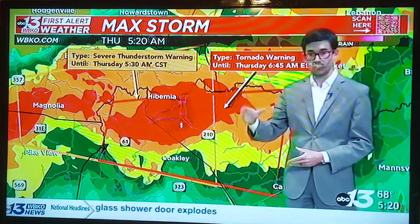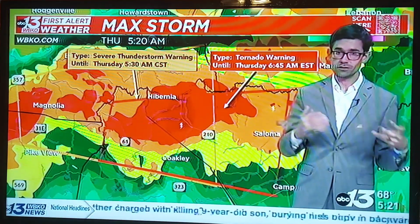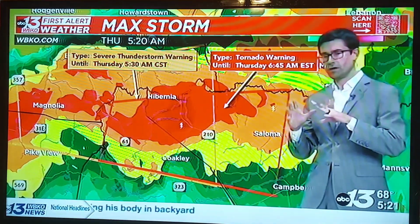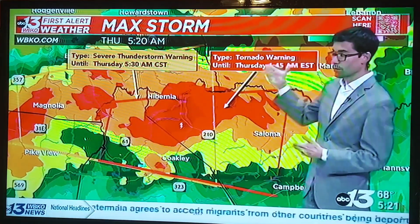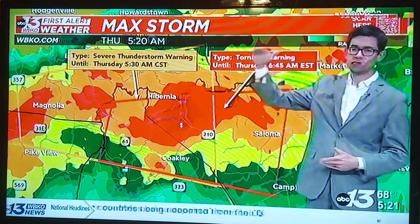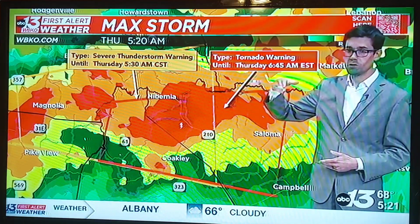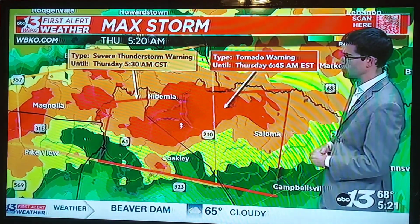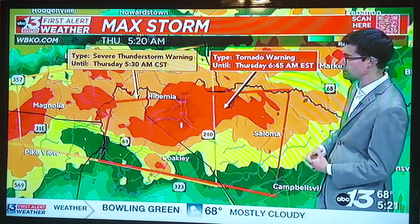Messy looking storms. They do not look like your typical tornadic storms, but a lot of times, especially this time of year, these storms can be very messy, and you have to look at the wind product, the velocity product, to give you an idea. But these storms are actually being scanned pretty high on radar, so we're not getting a good low-level scan. We're looking at the storm higher up, but certainly if you have enough twisting even higher up in a storm, that can translate down to the surface. So if you're in Saloma, out there in Taylor County, we do have the tornado